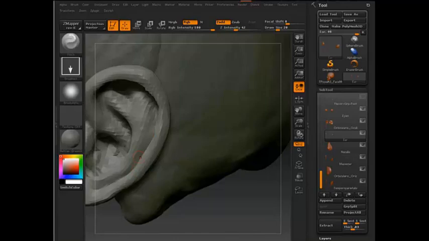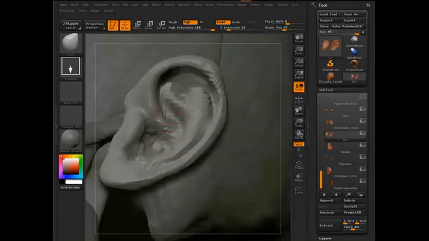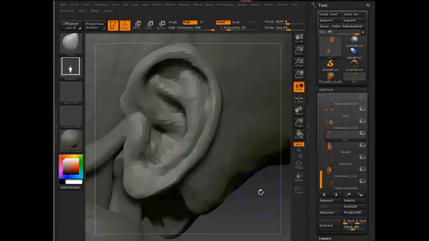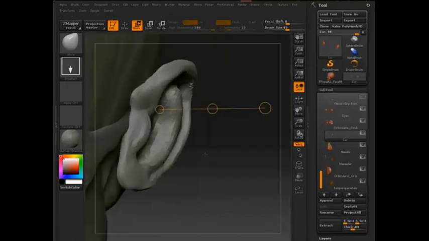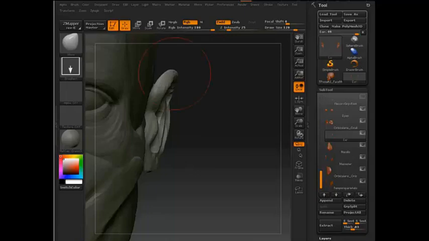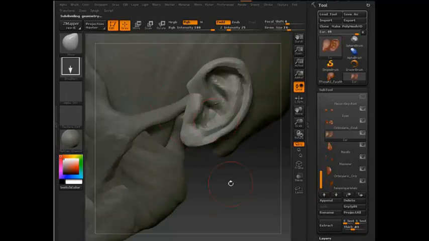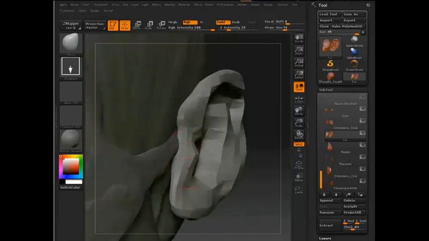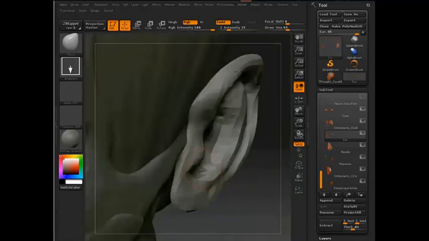Move to the back of the ear and back to the front. Always looking at all these different angles again, because the ear is more or less protruding out from the body. It's easy to make the faces accidentally collapse on one another, so I always want to take a look at the back side as well. And it's always a good point for me, at least, to develop the entire form all at once and make sure I don't just focus on one area for too long. Again, making these global changes, stepping back down to a lower level,